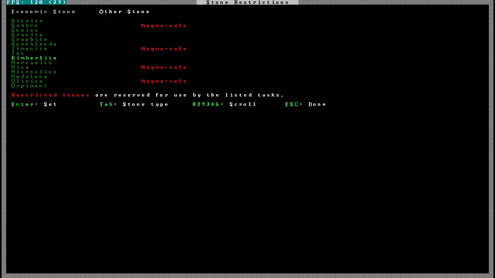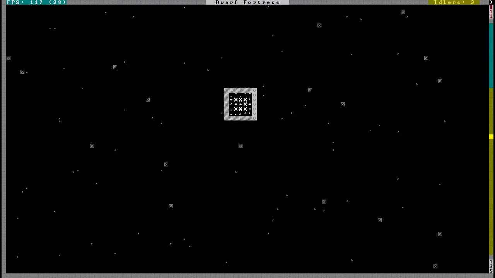Is it? No, there's... Microline is that really... There's no... No, it looks like mica might be the one that's magma safe. Just a second, grabbing a piece of paper. Piece of paper that's mica. Yes, mica is magma proof. That's good. So we can make mica, or...